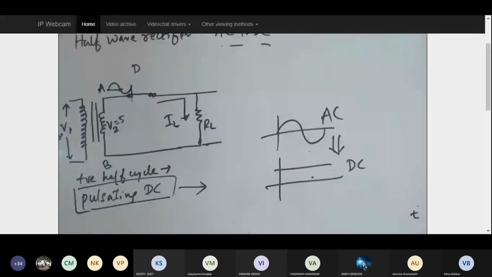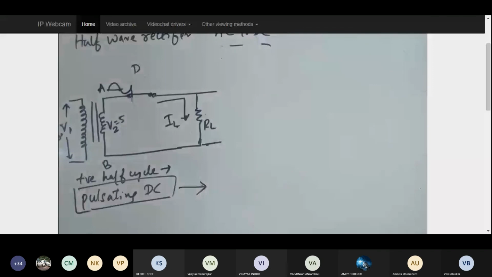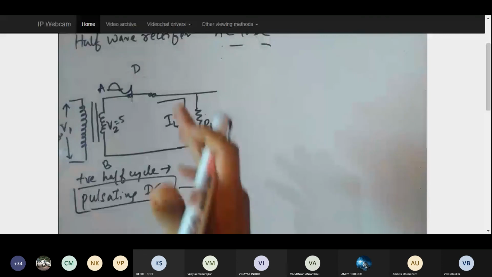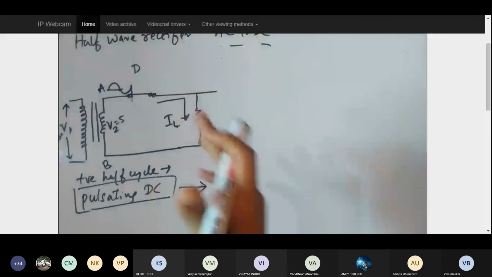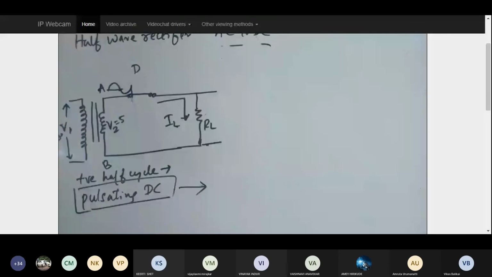Fine. So now as of now I can say that this is AC to DC. Now is it what you have been taught in your previous 12th and 11th, half wave rectifier, or did you have some filter kind of thing in the subsequent stages? No, sir. I guess this was the thing that was being taught, AC to DC conversion, half wave rectifier, that's the end. Now here also we'll consider this being the end. Now let's try to understand what are the equations of the currents and voltages that are present over here.